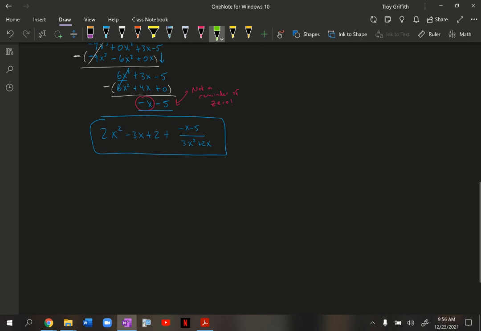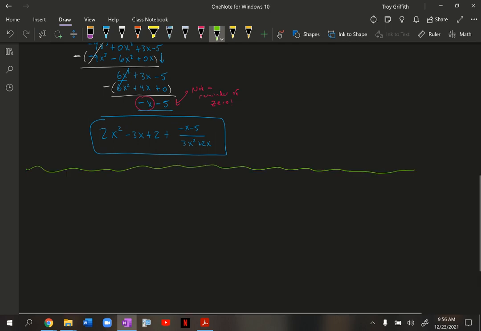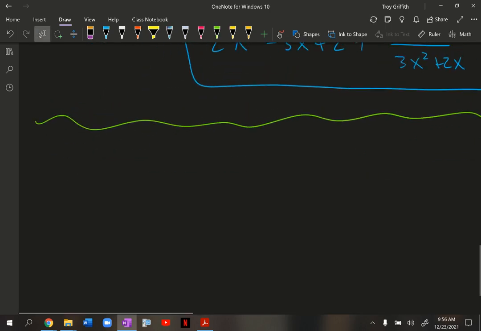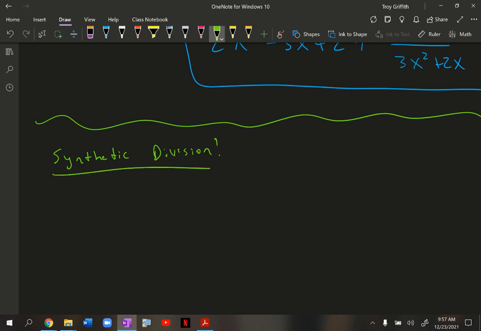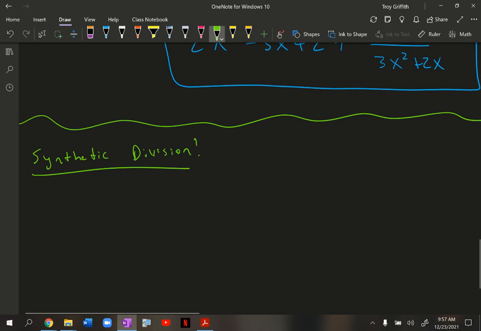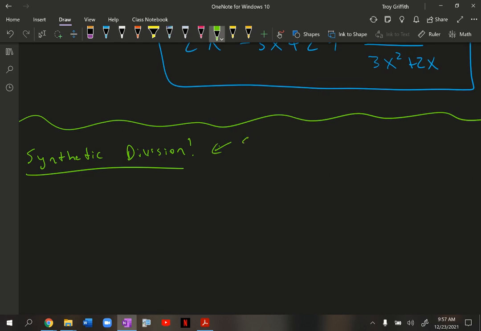Now, the second half of these notes here, and I'm not going to ask you to try a ton of long division on your own because it doesn't matter as much for our graphing as we go a little bit later, further into this unit. What I'm going to talk about next here is something called synthetic division. Okay, synthetic division is a really, really fast way to divide polynomials. Okay, so this is definitely a shortcut,